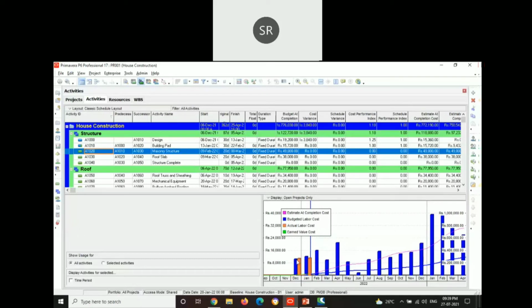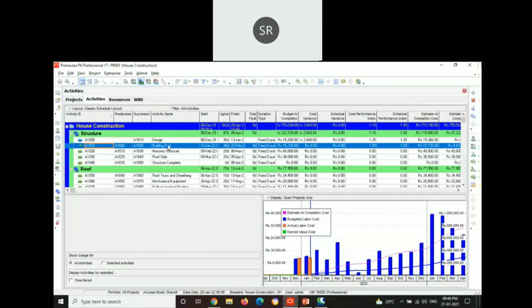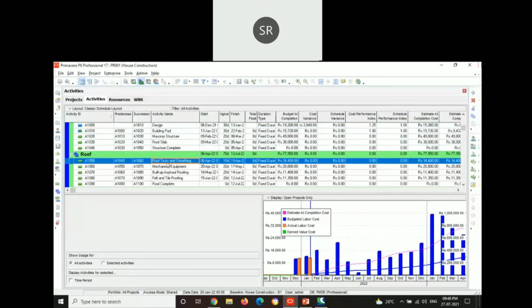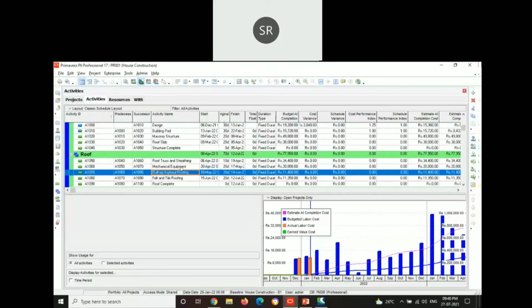You can see a difference between actual cost and budgeted labor cost by an amount of 3,840 rupees. Anyhow, we have covered this in the next month. Cost variance cannot be negative. If it is lesser than the budgeted labor cost, it is shown as zero. Also, the cost performance index is given as 1, which will prove that the given schedule is feasible until this time. We cannot expect the progress in upcoming activities.